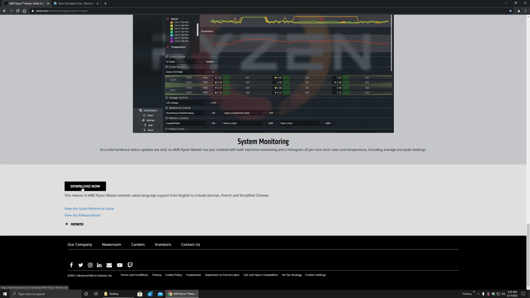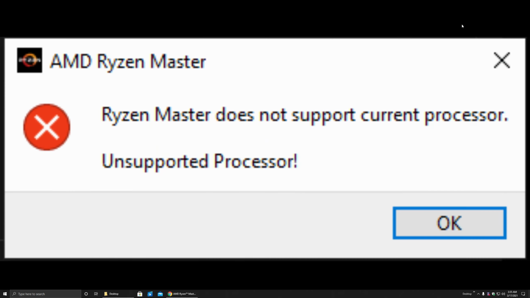Click the download button down here. Save it to wherever you're saving it. Make sure it downloads. Now, the next step that you're going to do is, I'm not going to show it here because I already have them installed, but install Revo Uninstaller. Okay. Once you do that, the next thing you're going to do,